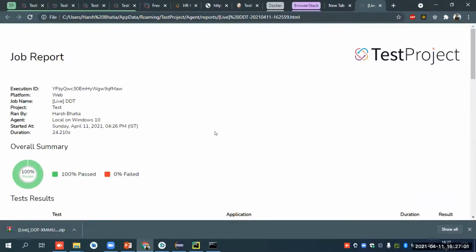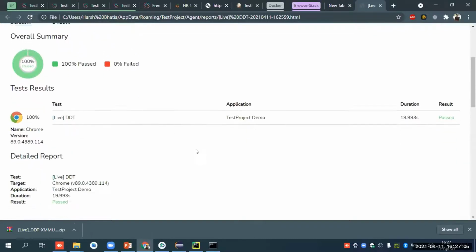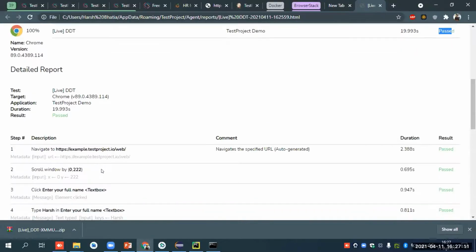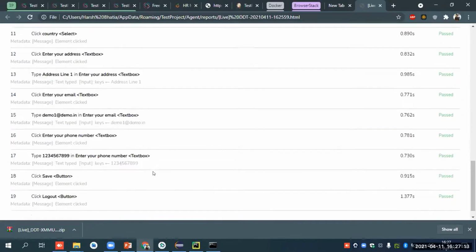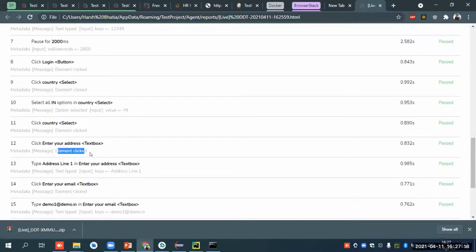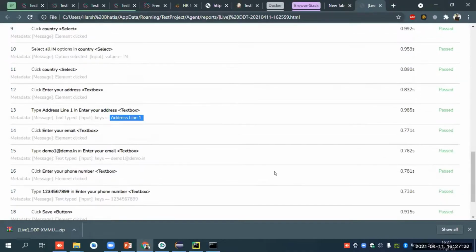After that, the same kind of report which we are creating in the test project application, we will get here. That the current test result has been passed, the duration, the Chrome itself, and what steps have been performed. And also the detailed element metadata like element click, and if any value has been passed. So everything, you will get the detailed report.